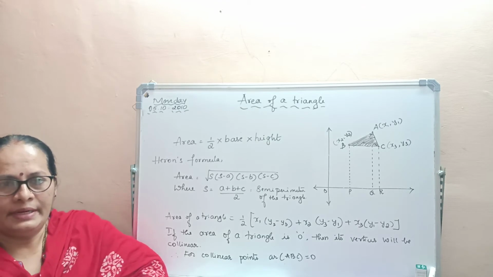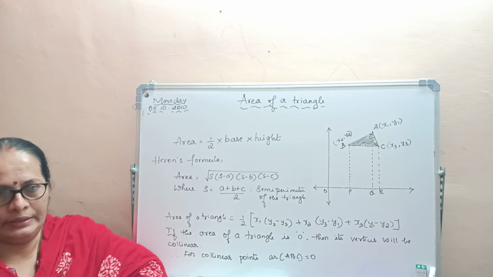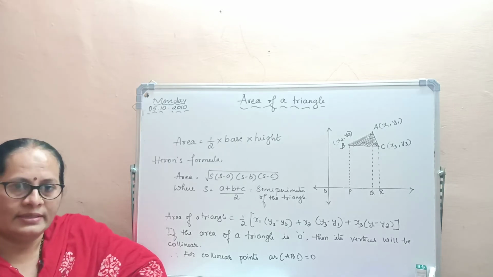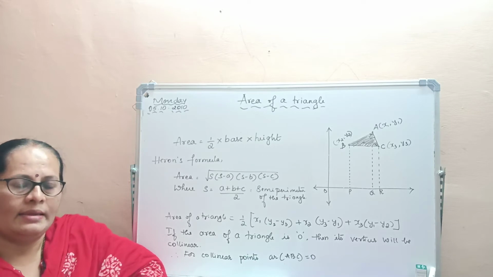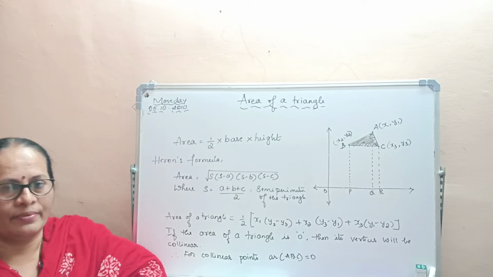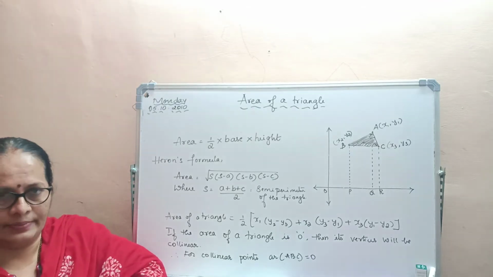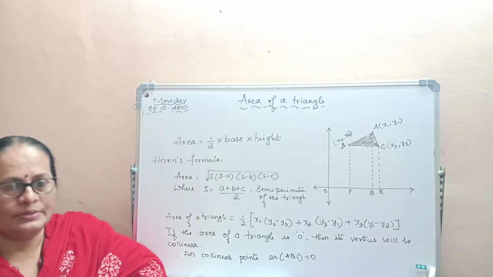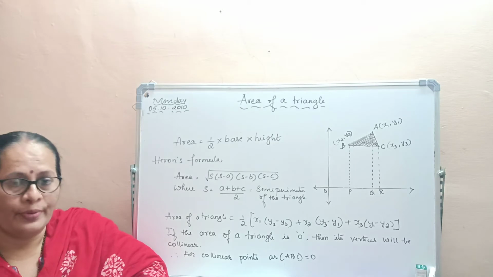In the previous video, we discussed the distance formula and section formula. Using the distance formula, we can find the distance between two points. Using this distance, we can identify the types of triangle, and we can even find the sides of a quadrilateral and identify what type of quadrilateral it is. Then using the section formula, we can find at what ratio the line is divided, and using the midpoint formula, we can